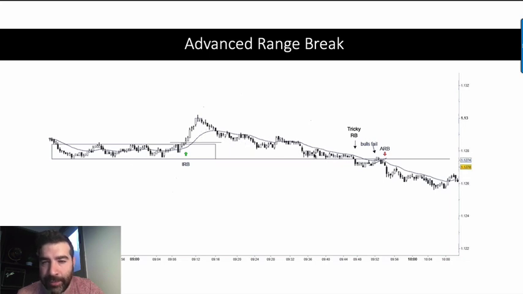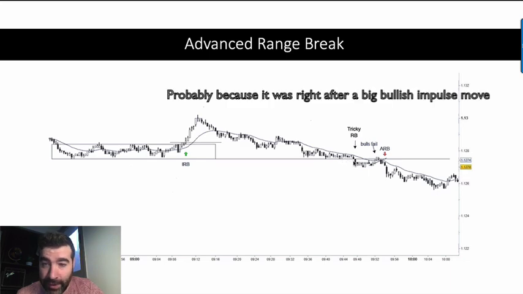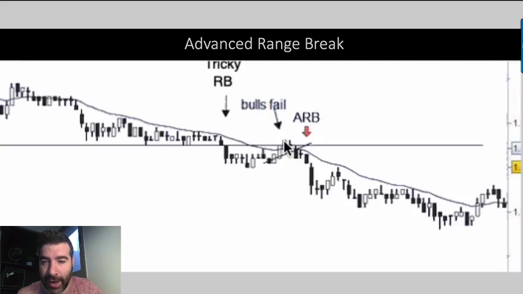This is a range break. He called it tricky, and after it goes back down, after this range break, the bulls try to get up above, but again, look at all this resistance over here, so that's not going to be easy. So you make that little diagonal line, and it's with the moving average, and you could look at it as this was the range, and then here's the range break going down.